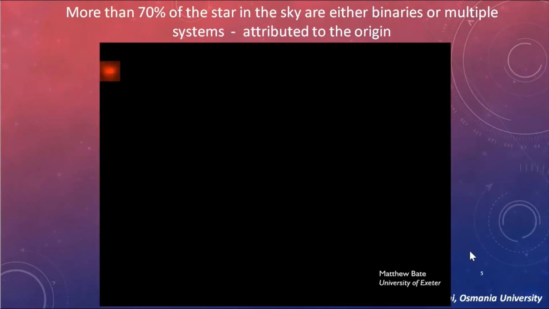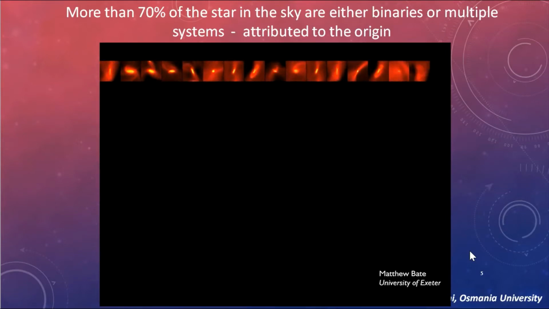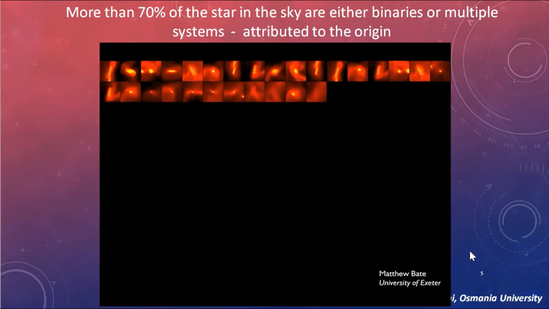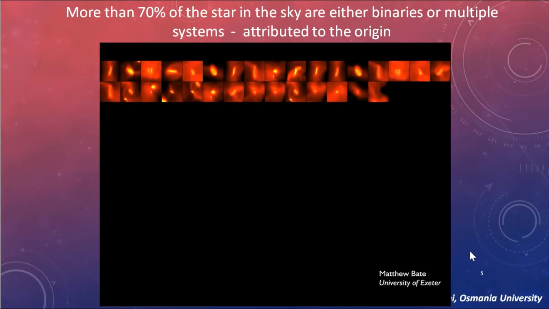These forces, gravity collapsing matter inwards and thermal pressure acting outwards, would come into equilibrium and then hold the stellar structure of stars. More than 70% of the stars in the sky are either binaries or multiple star systems. Following are a number of simulations created by Matthew Bate for the formation of binaries and